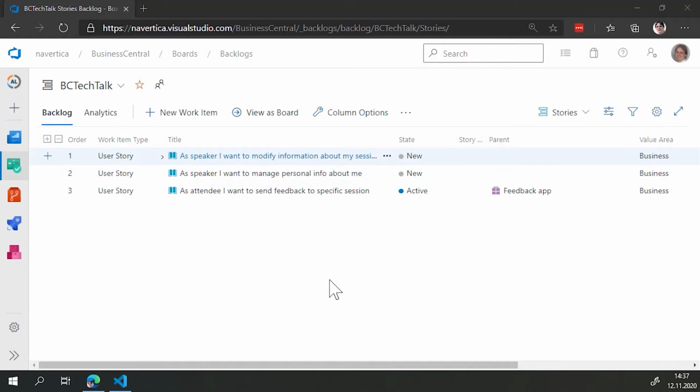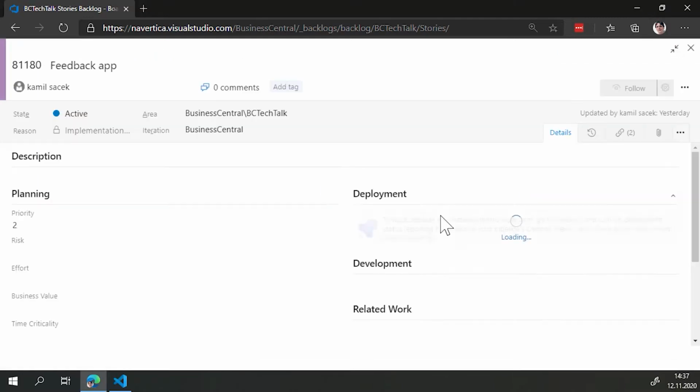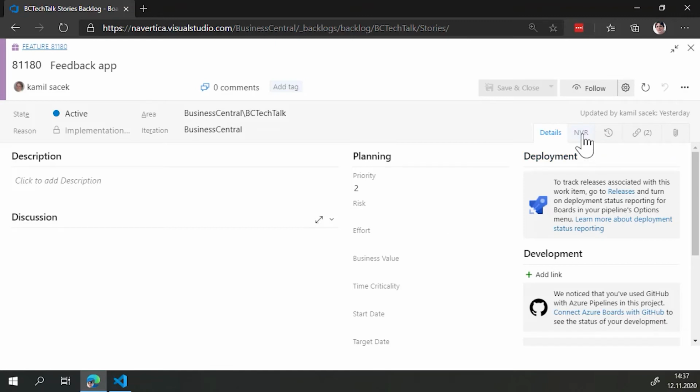Now we are in Azure DevOps. We have some user stories here. And you see that 2 user stories are new. They were just created. And we have some user story which is already active. And you can see that there is already a parent, which is a feature for that user story. It means this user story will be implemented in the application which is named feedback app. If we look at how the app description could look,